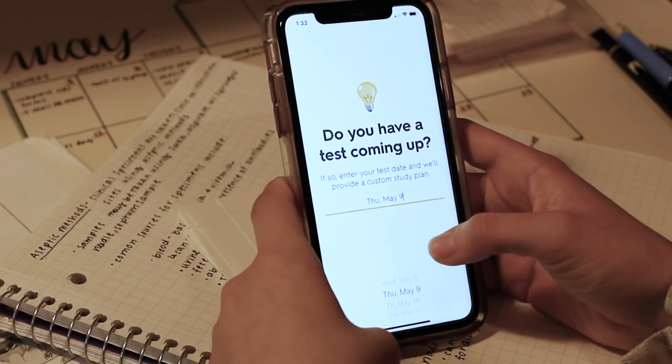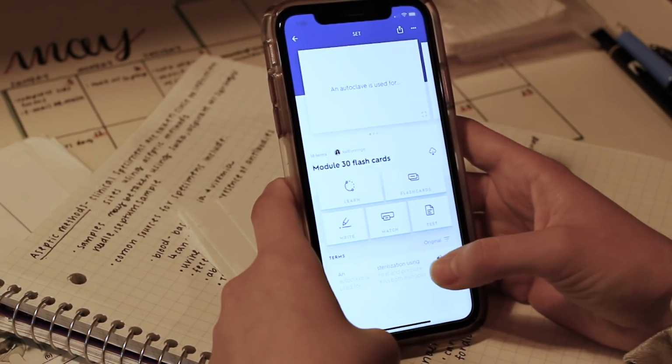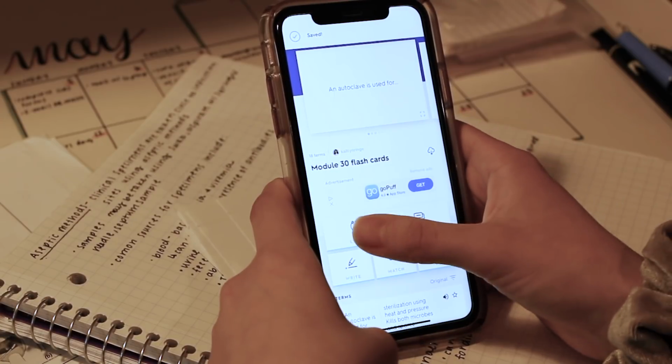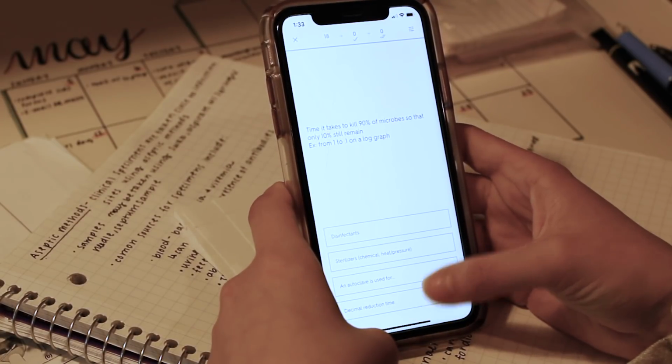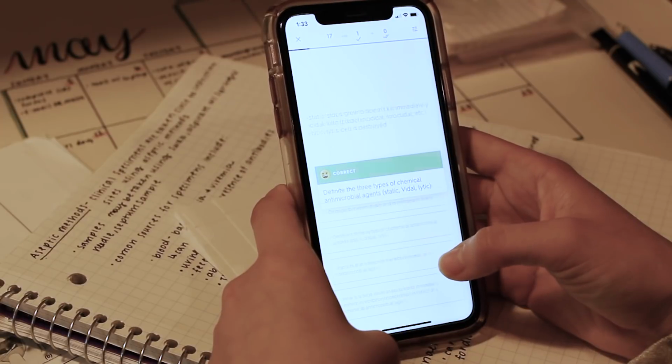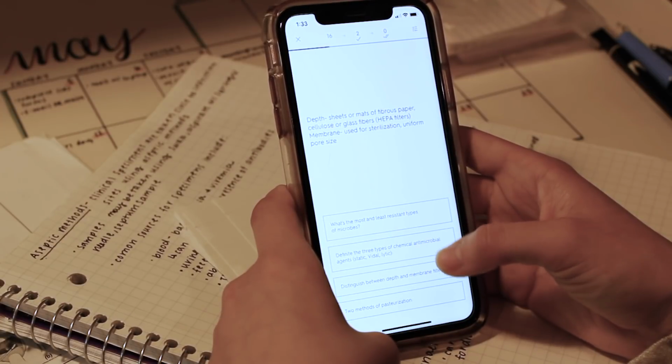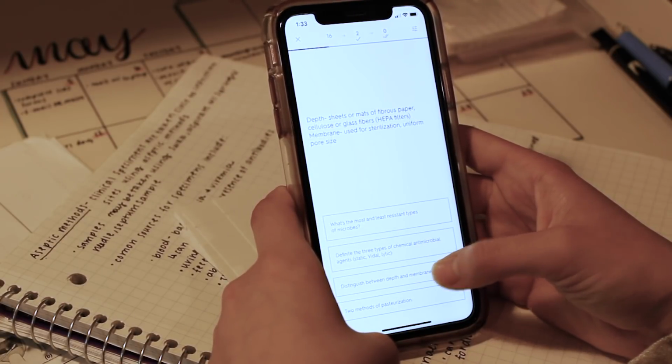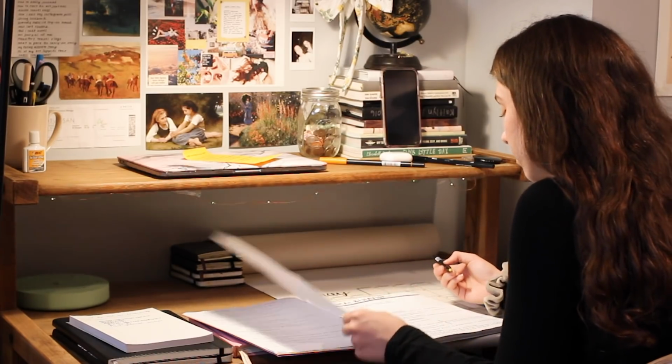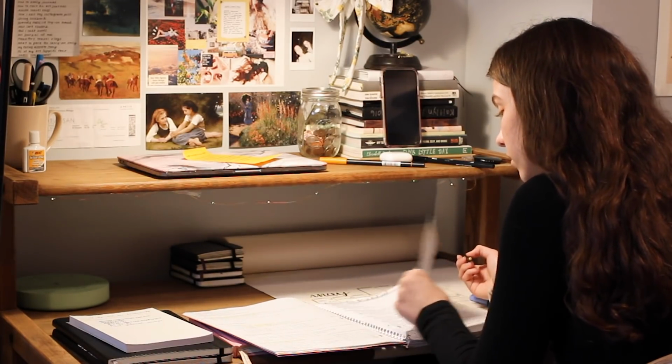So keep in mind that making flashcards is studying, but you want to leave time to go through the flashcards and learn them as well. Memorizing the flashcards is really important. If you use Quizlet, they have little games you can play that really help you retain the information that's on the flashcards. So the best tip that I have for studying things that are conceptual, like a science-based class or